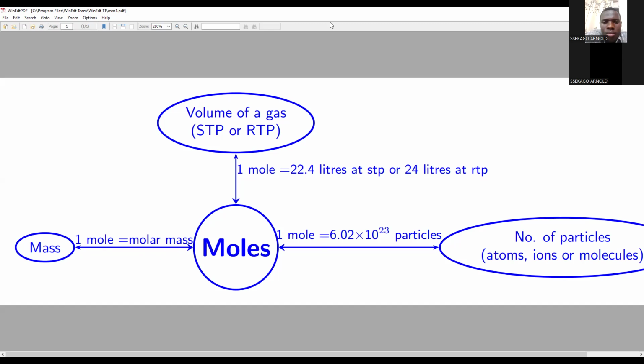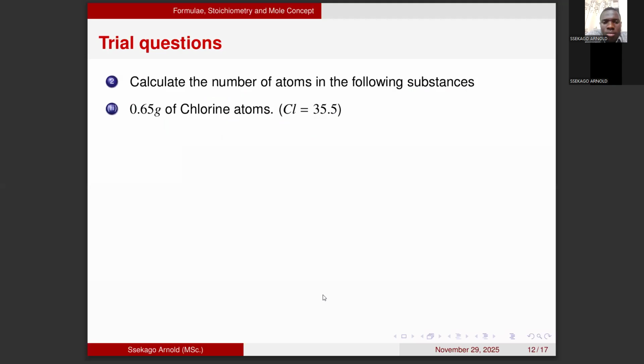Therefore, going back to my item, we want to move from mass to moles and then to atoms. So we first move from mass to moles. What do we apply? If we want to move from mass to moles, we have seen,